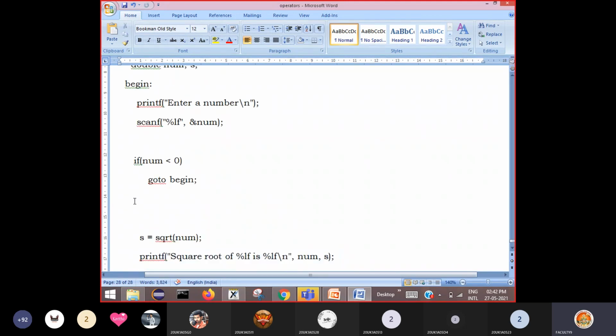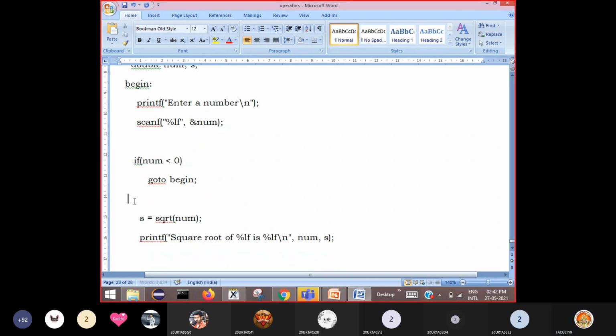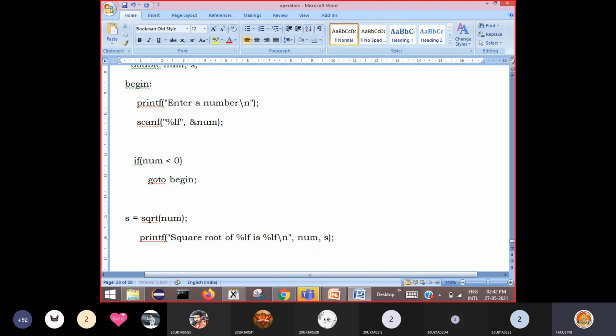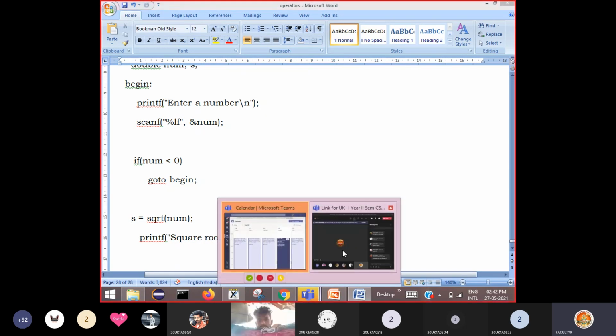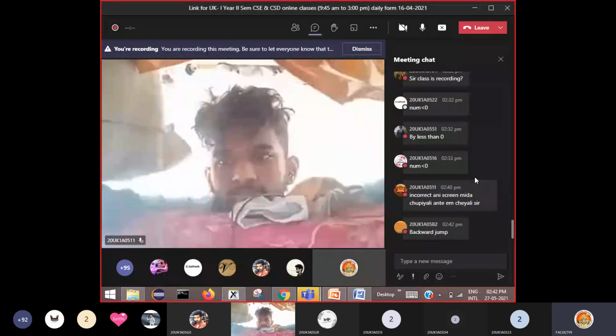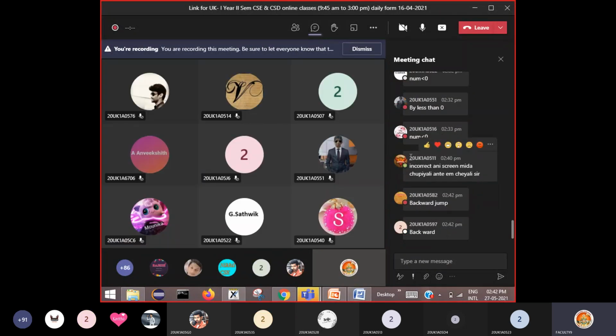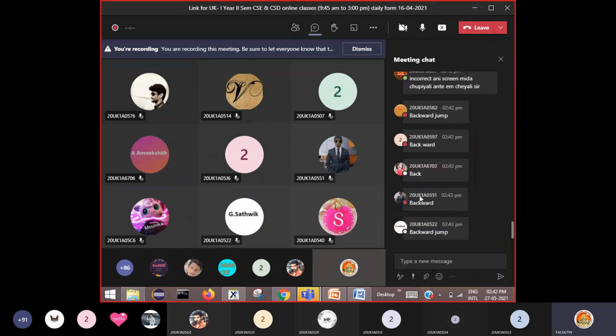Now you tell me whether it is a forward jump or backward jump. Is it a forward jump or backward jump? Yes, backward jump.